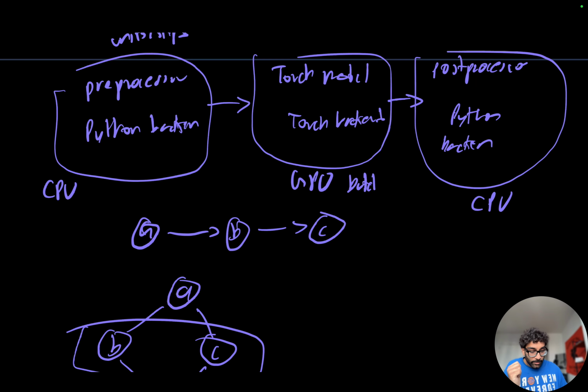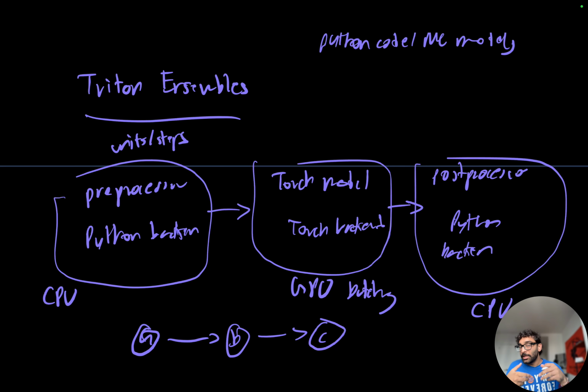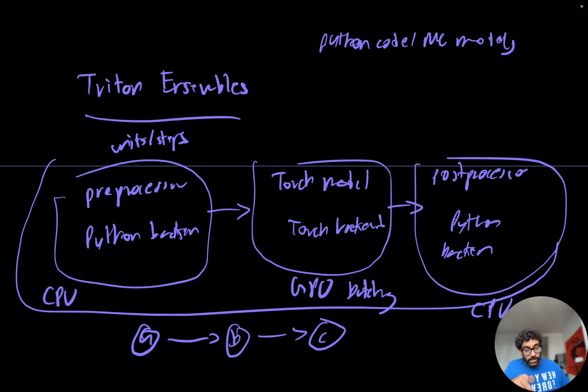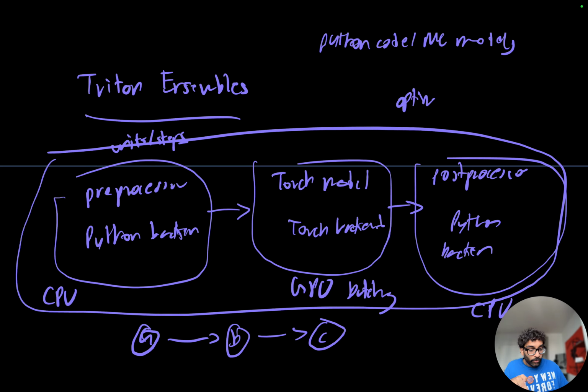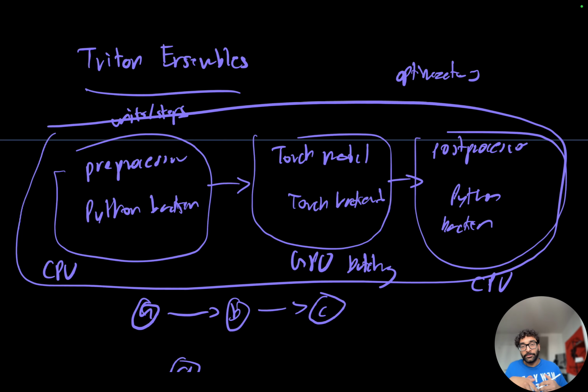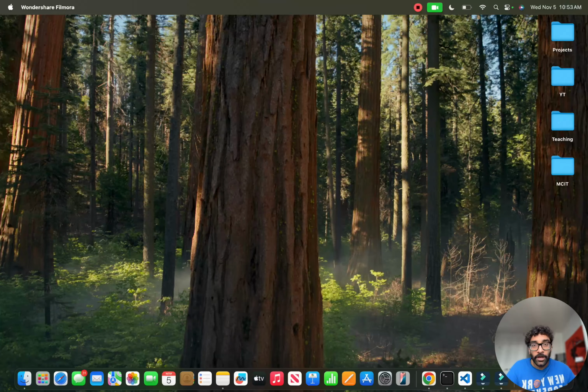Maybe you want batching enabled for your torch model, right? So each independent unit, you can define your own optimizations, and as a whole as well, you can also define optimizations for the ensemble. So it's really bringing together all these different individual backends that we've learned about and putting it together into a workflow that makes sense when you have a clear ML inference logical use case that needs to happen. So this will still be a single request as we see, but it's neatly decoupled into these different moving parts that makes it easier both for debugging, performance bottlenecks, and any kind of tuning that you're working with as well. So with that being said, let's just hop in directly